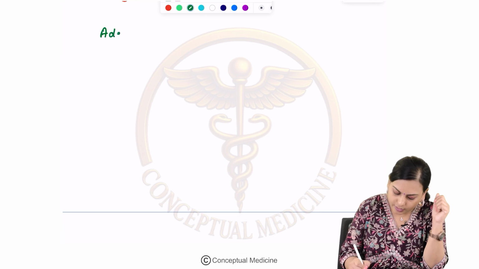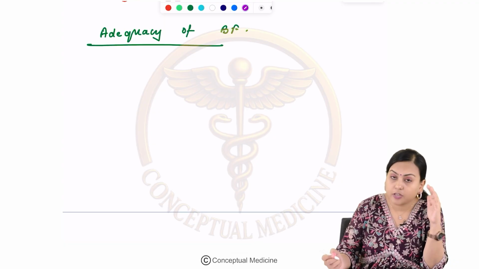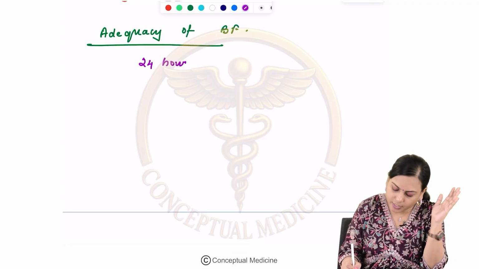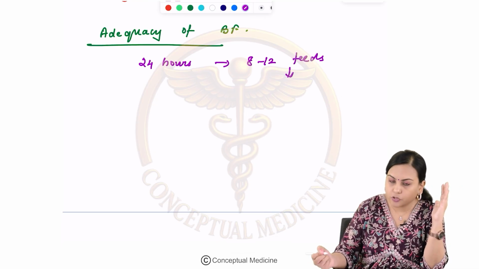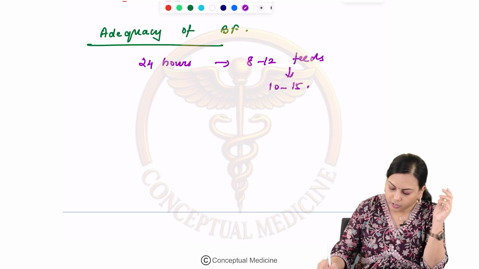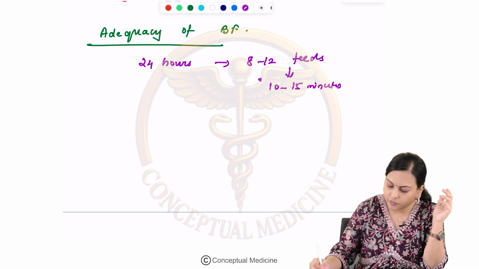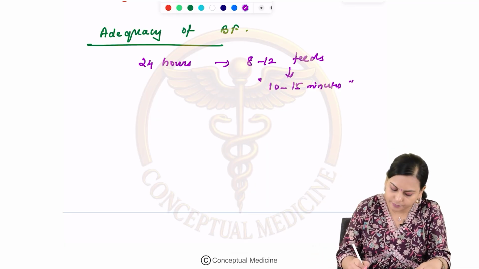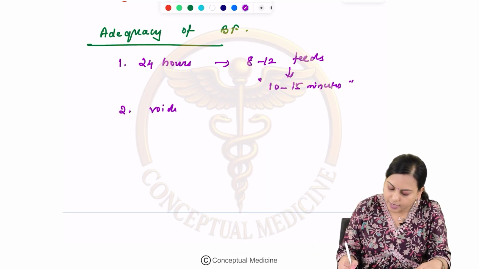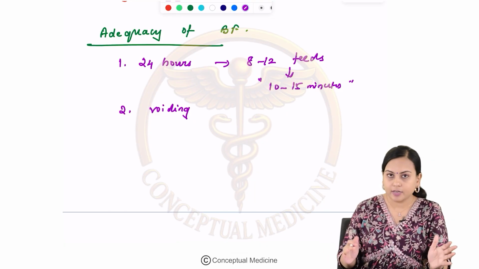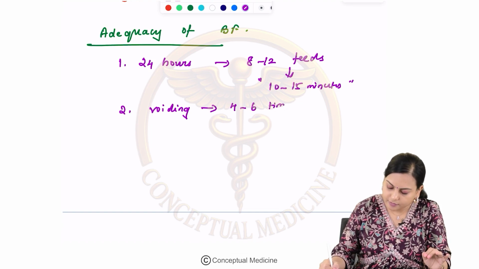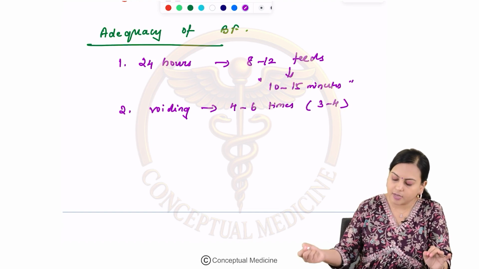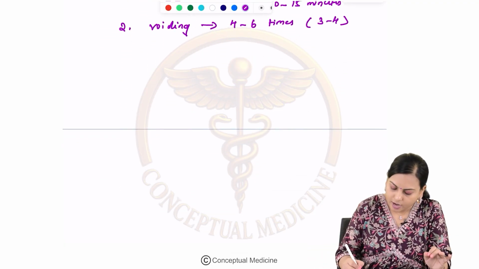So adequacy of breastfeeding. See, in 24 hours there should be ideally 8 to 12 breastfeeds that should be given around 10 to 15 minutes. Okay, each feed should be lasting for 10 to 15 minutes. The adequacy can be checked by the voiding of the fetus. There should be voiding around 4 to 6 times, especially this should be started around day 3 to 4, and after day 5